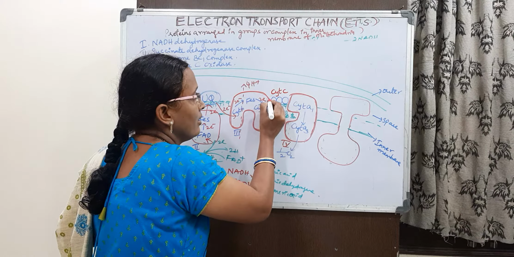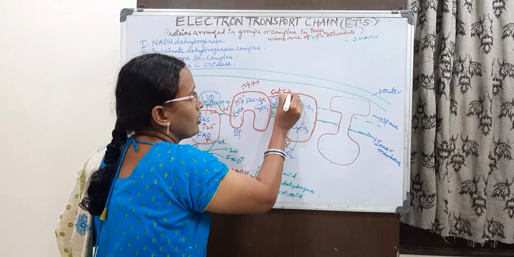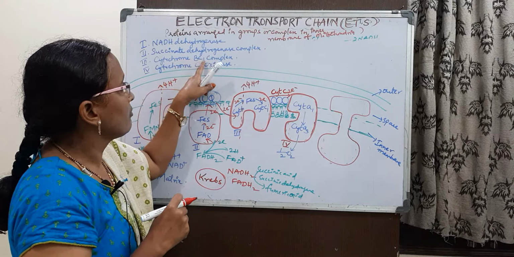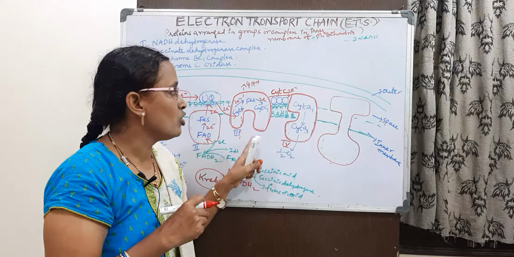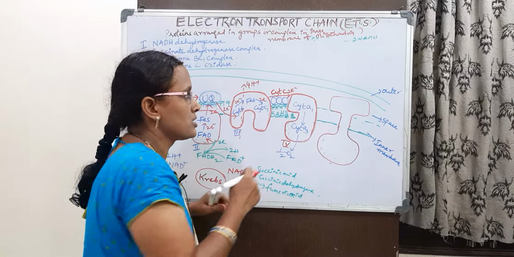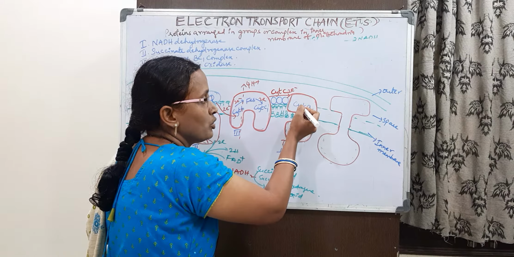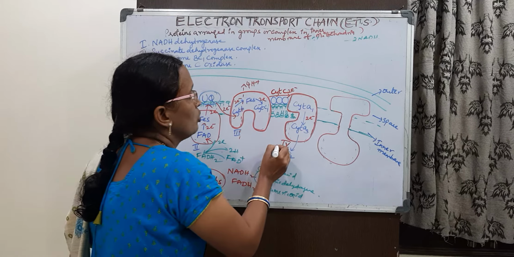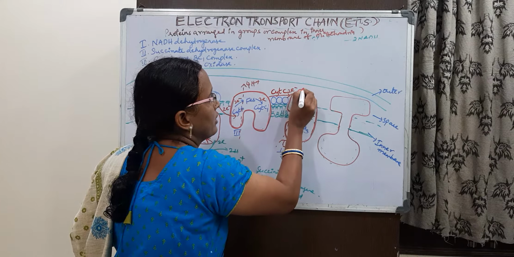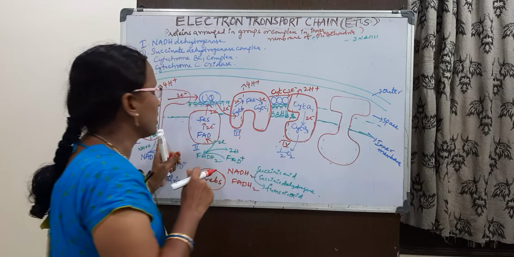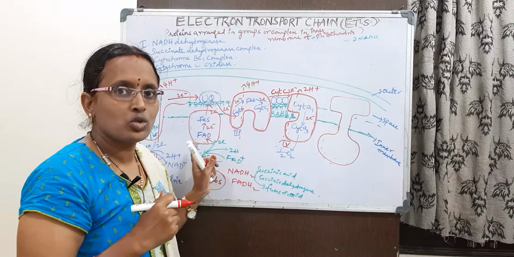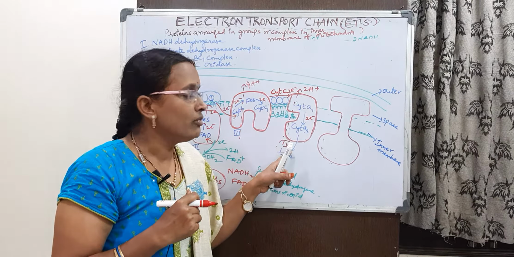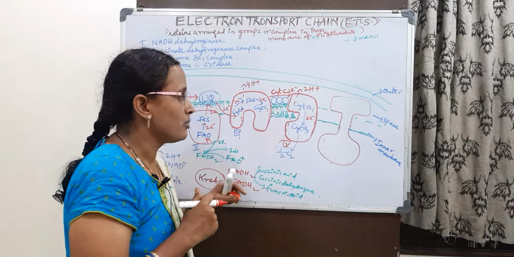It carries the electrons to the fourth complex. From the cytochrome BC1 third complex they reach the fourth complex, then to A1 and then A3, and here two protons are also pumped. So two protons from complex 1, four protons from complex 2 not pumping, and from complex 3 four protons are pumped, and from complex 4 again two protons are pumped.